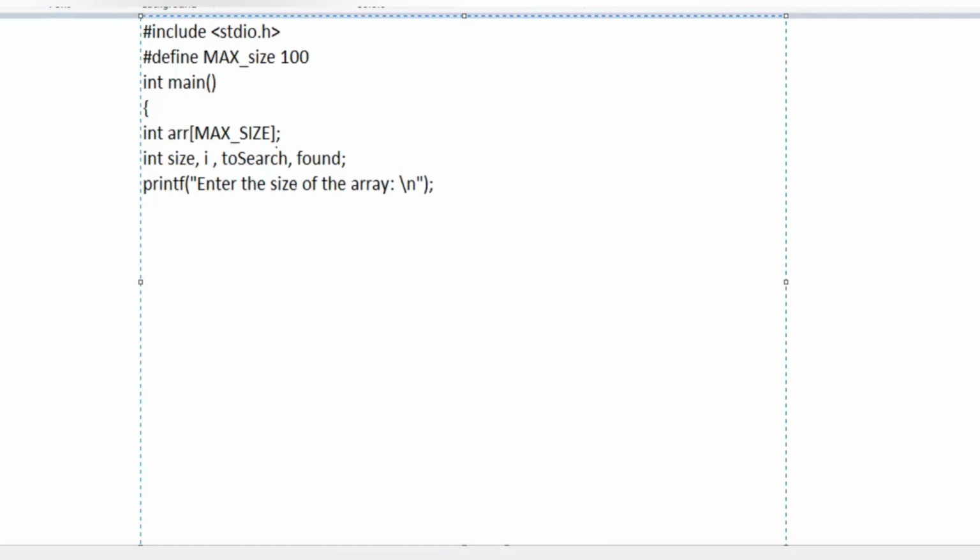Then we are going to take the size of the array as input from the user, and that value is going to be stored in the variable size.